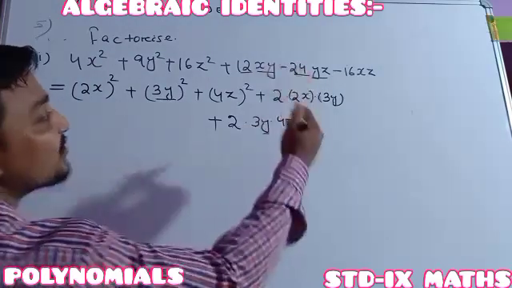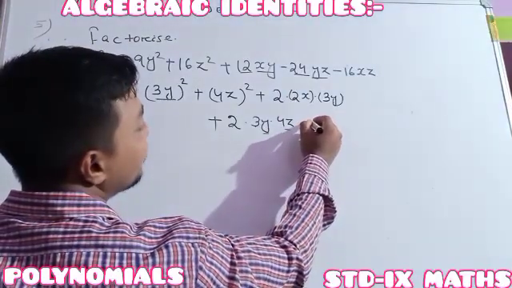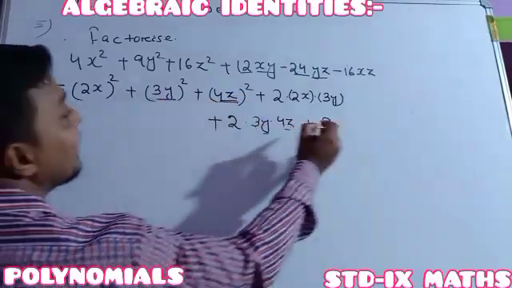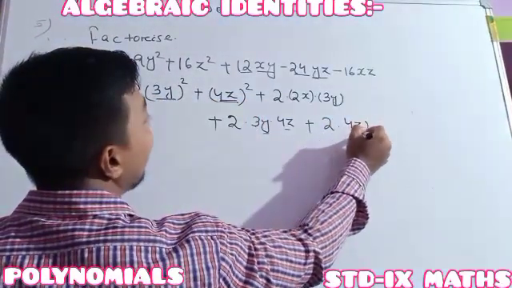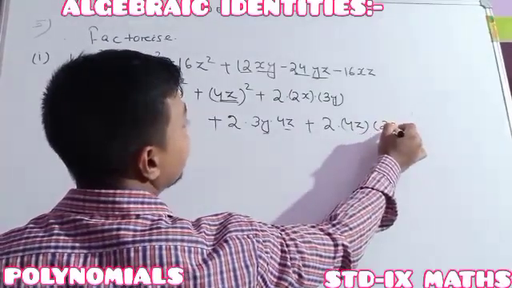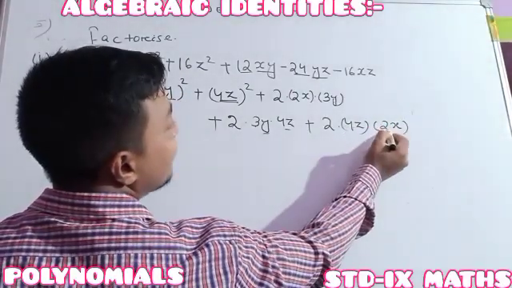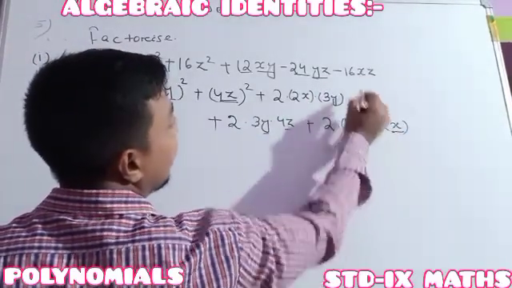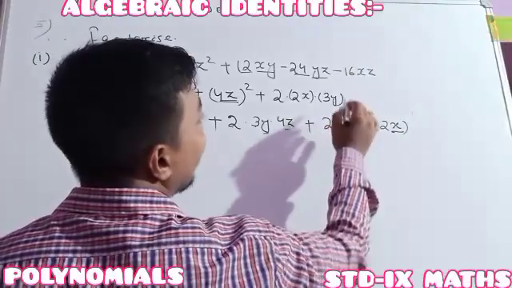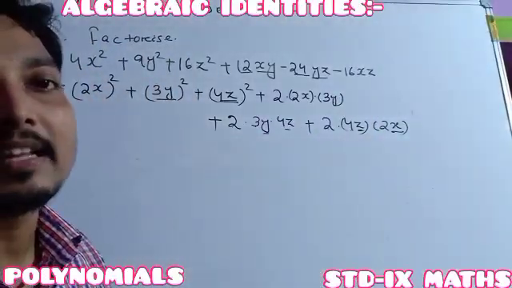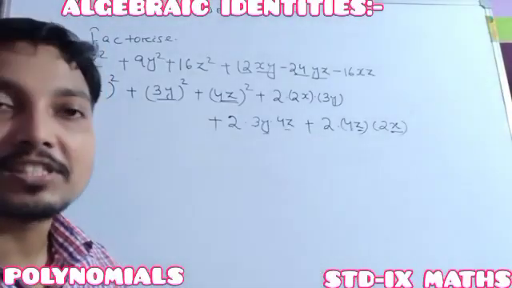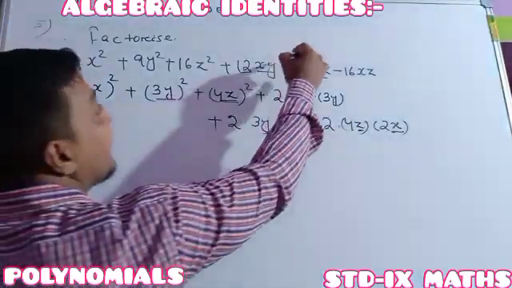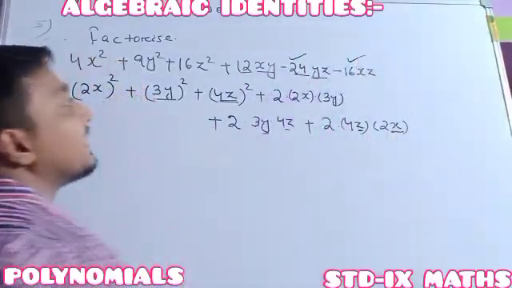Okay. So thereafter last one also we are checking. See, last one also plus 2 into product of the last and first. Last it is our 4z, first it is our 2x. 4 2s are 8, 8 2s are 16. Here it is minus 16 xz. Variable balance. Here the numeral is balanced, but one is a plus, another one is minus. Whenever you are getting a situation just like this, which one is negative? See, this one is the negative term, also this one is the negative term.